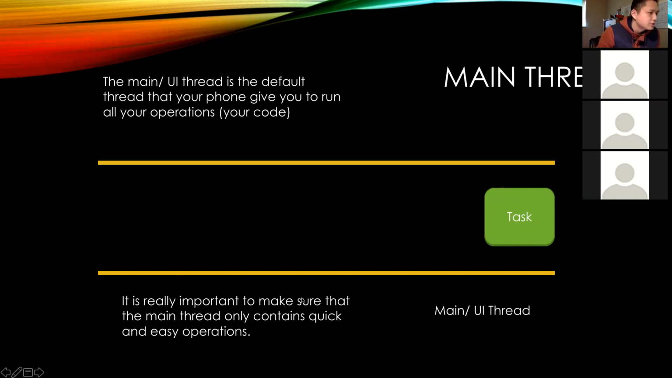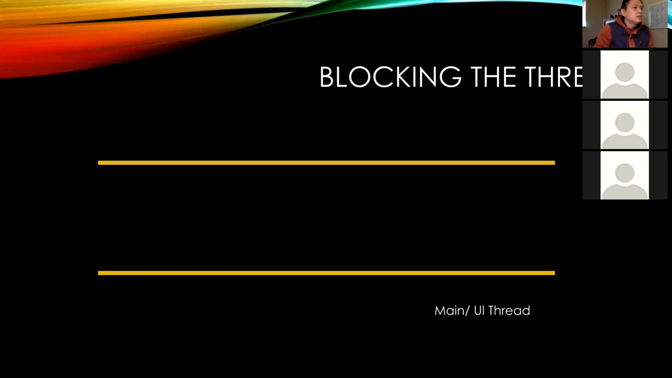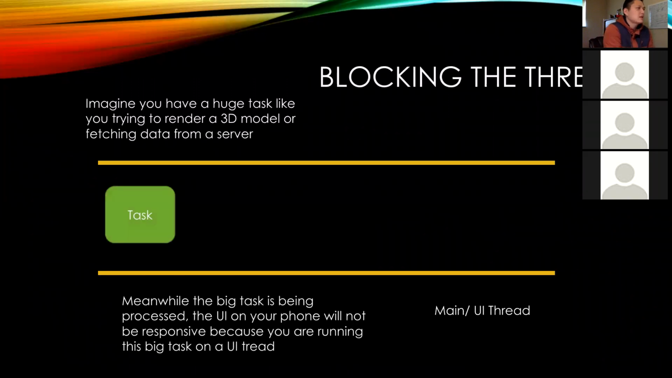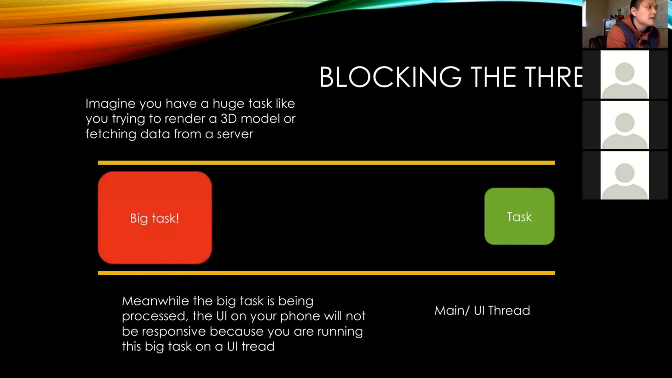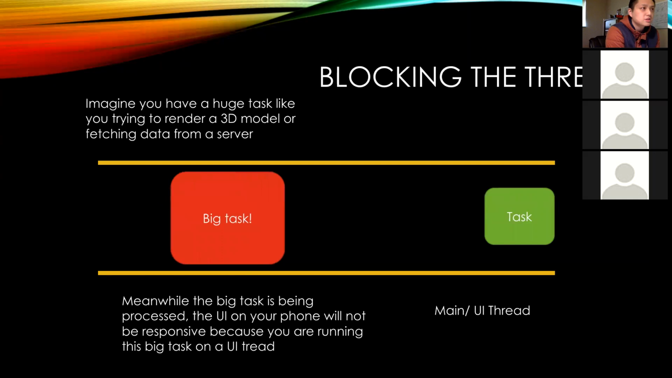So it is really important to make sure that the main thread only contains quick and easy operations, right? So anything that's mainly UI related, you don't want to run anything that's like fetching data off the internet or rendering something that's very huge, like a big image, for example. So let's imagine that you are having this big task, like rendering this 3D awesome model, right? So it's gonna